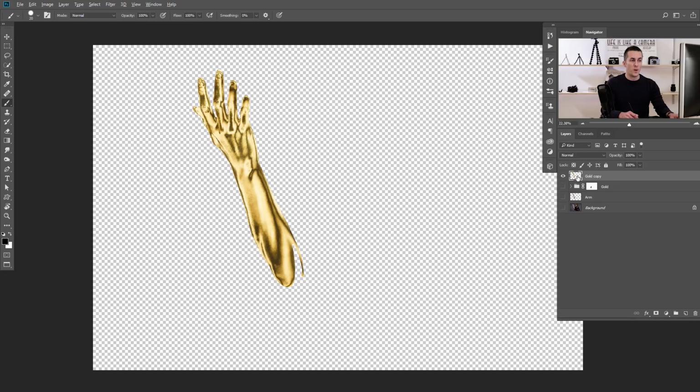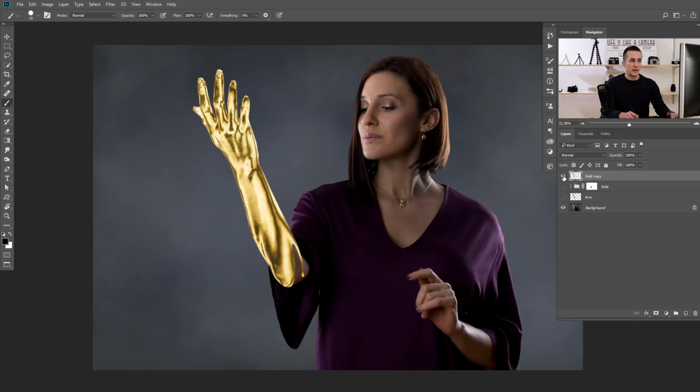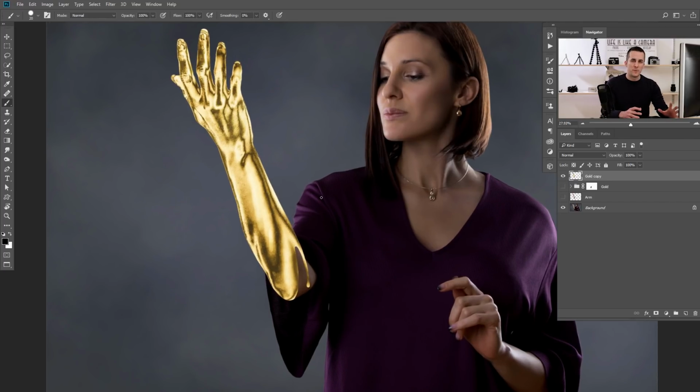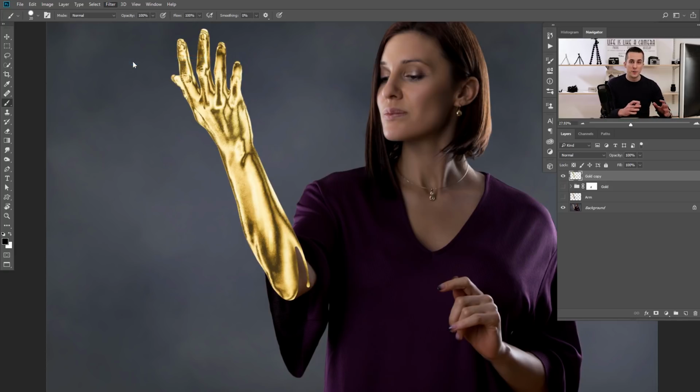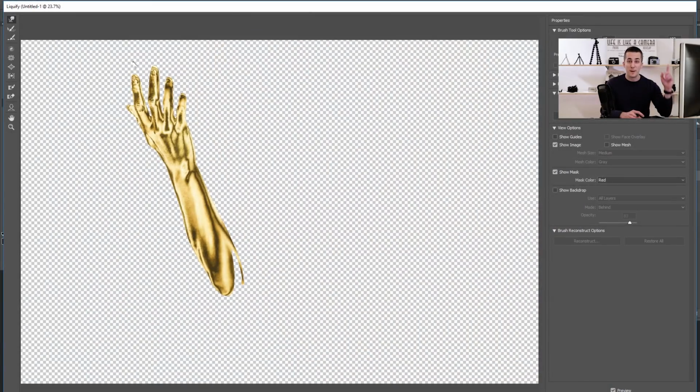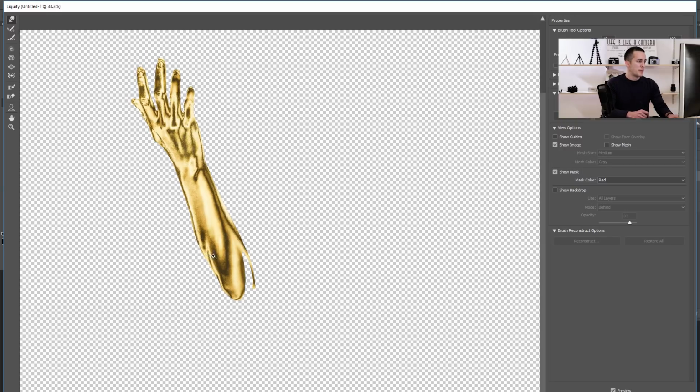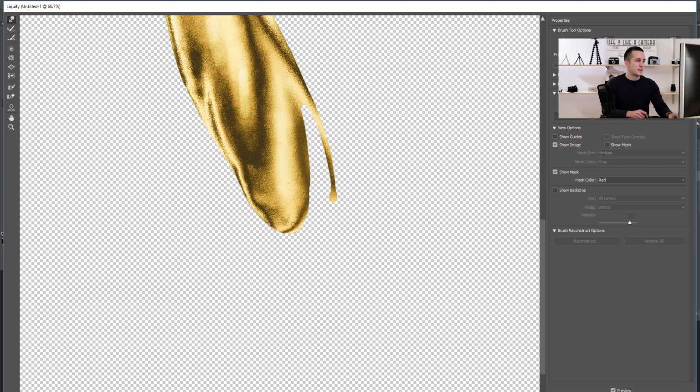Okay, to reveal only that one layer at a time, you need to press the Alt or Option key and click on the eye icon here. Okay, and now I will go to the Liquify tool to add some effect to this. To go to the Liquify tool, go to Filter and Liquify. If you're not familiar with Liquify in Photoshop, you can find my tutorial about that right here, and please check it out. I will use this default forward warp tool actually, and I will go right here and